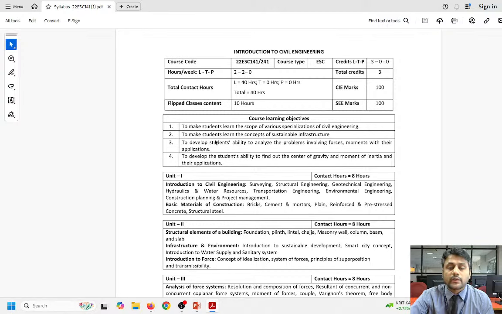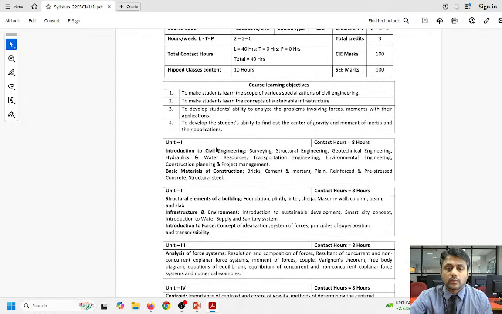Students will also be introduced to concepts of sustainable development, sustainable infrastructure, smart cities, green infrastructure, and related topics. Then we also introduce concepts of engineering mechanics to the students. The concepts involve forces, equilibrium of forces, resultant of forces. Students will also be solving application problems on these. So let us look at